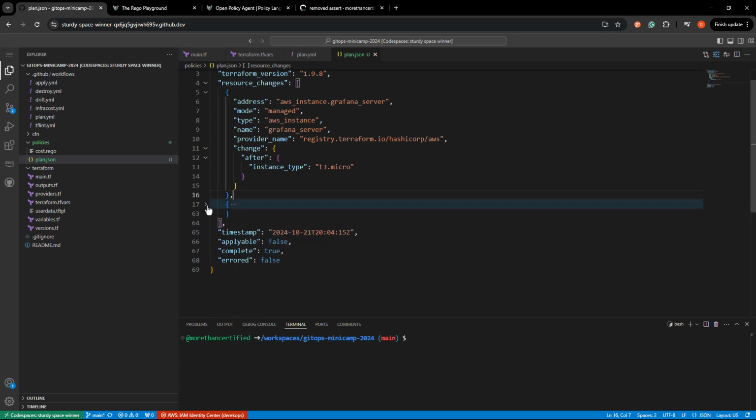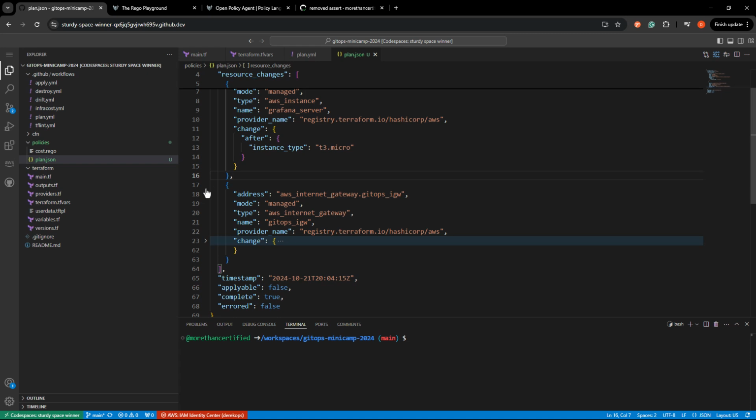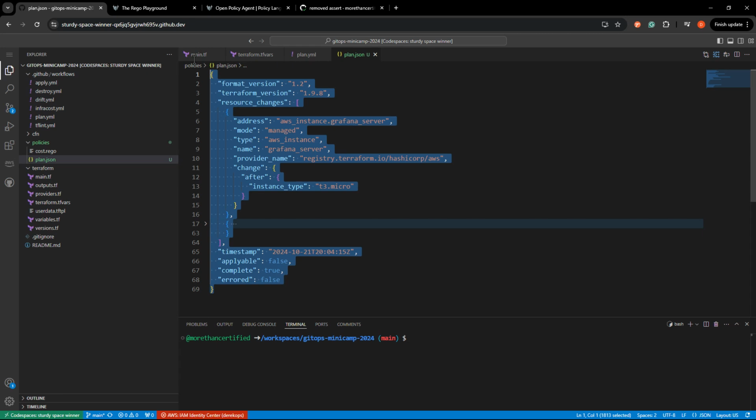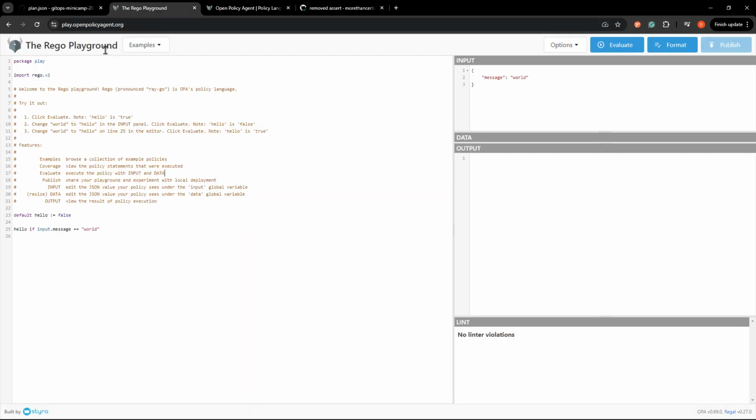And honestly, this one's so small, I'm just going to leave it the way it is. We'll just leave it the way it is for right now. I'm going to copy what's left. Now I'm going to head to the Rego playground right here,